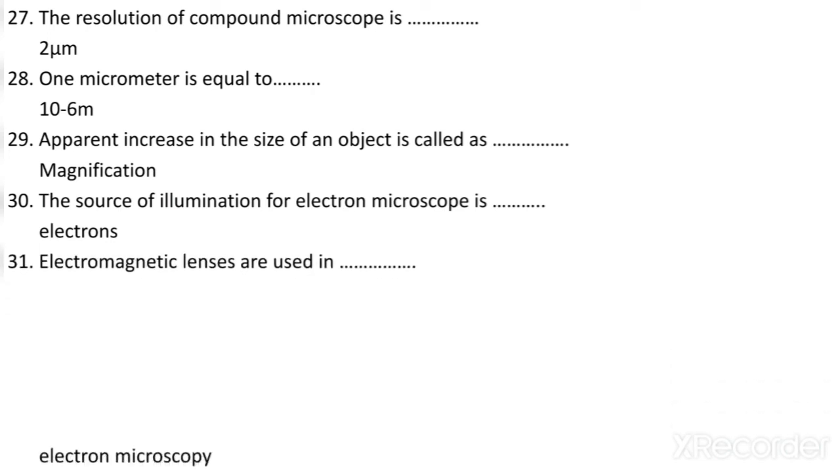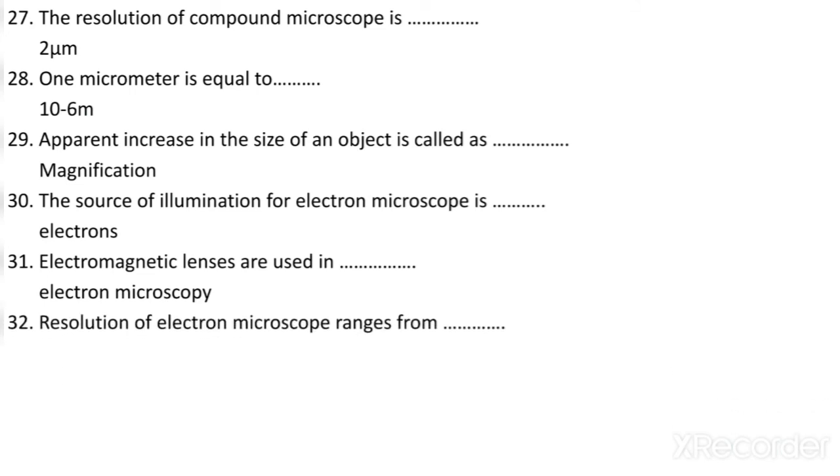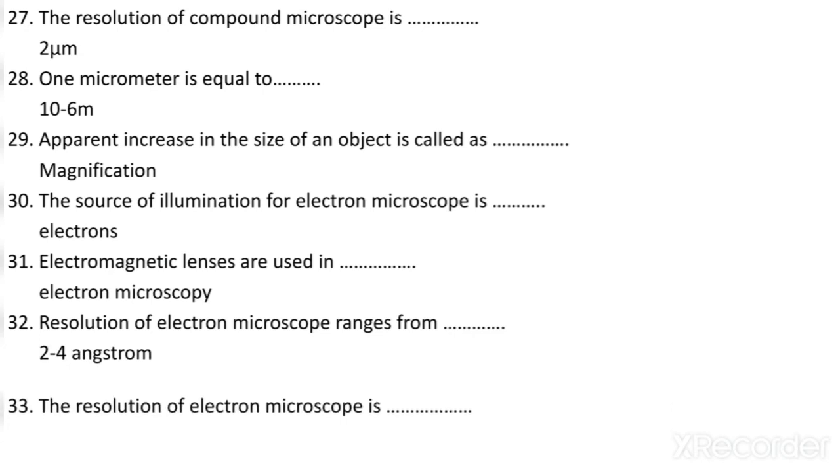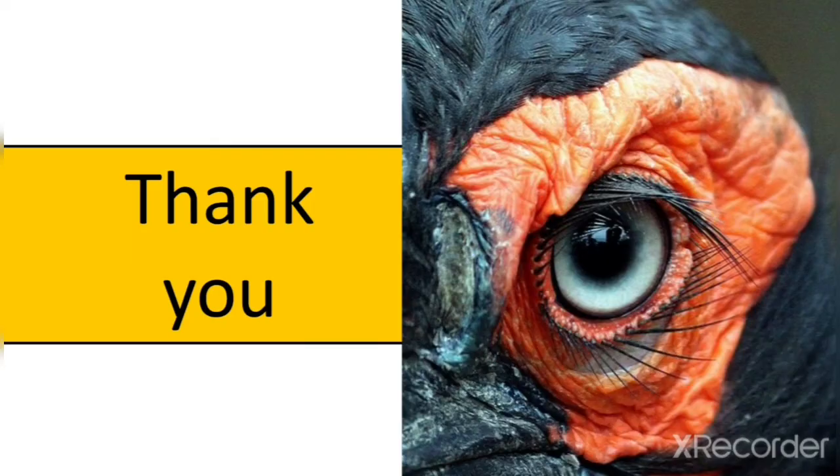Electromagnetic lenses are used in electron microscopy. The resolution of an electron microscope ranges from 2 to 4 angstrom. This is important. The resolution of an electron microscope is 0.2 nanometer. So these are some important and simple